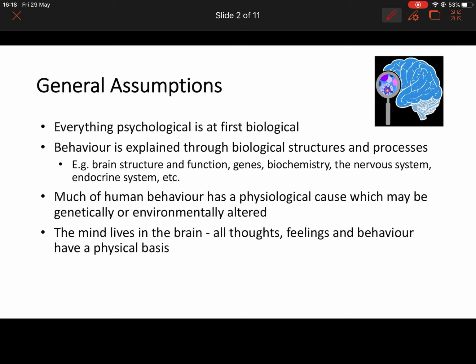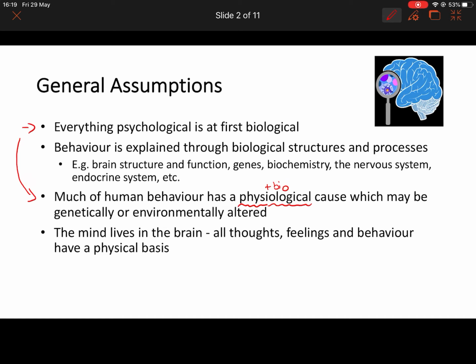So the biological approach assumes that everything psychological is at first biological. And this relates here to the third point, that much of human behaviour has a physiological cause, which may be genetically or environmentally altered. By physiological, we mean physical and biological. So the biological approach views human beings as biological organisms,